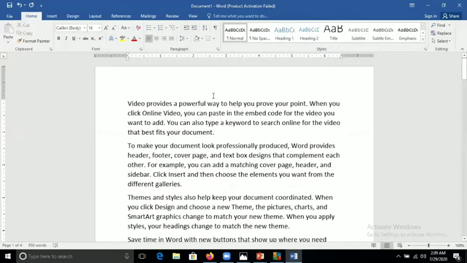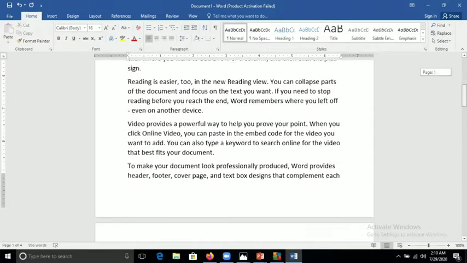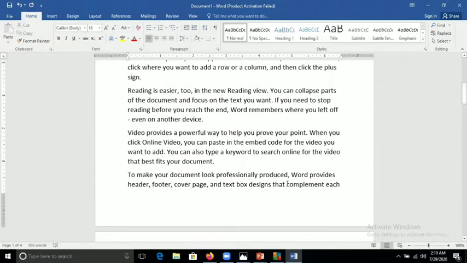So the blank area you can see here, this is my top margin. This one is left, this one is right, and the bottom of the page you can see here, this is my bottom margin. I can show you by putting one rectangular box like this one.